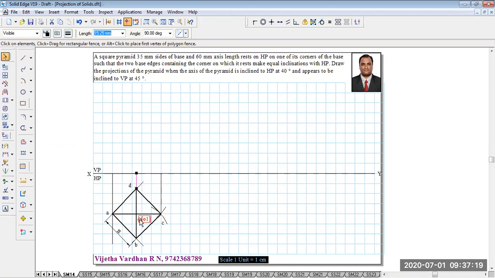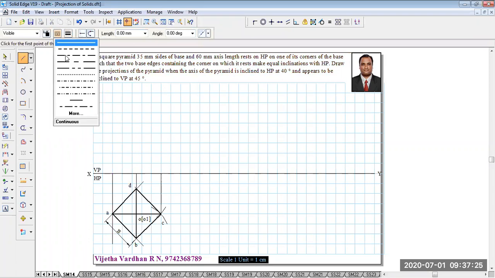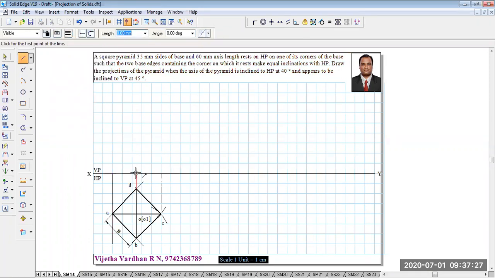Now the axis position O1 will be at this location. Now using our 2H pencils, one can draw the height of the axis as 6 boxes. Why 6 boxes? You can see that the height of the axis is given as 60 millimeter. Henceforth, up to 6 boxes, draw an axis line like this.